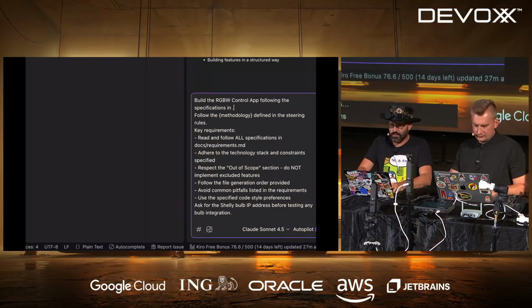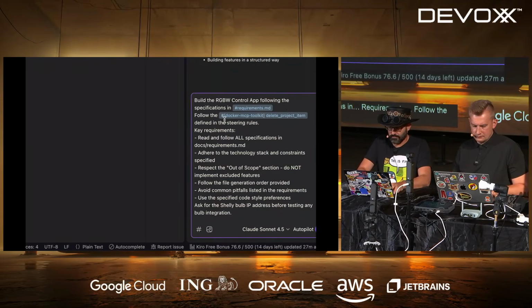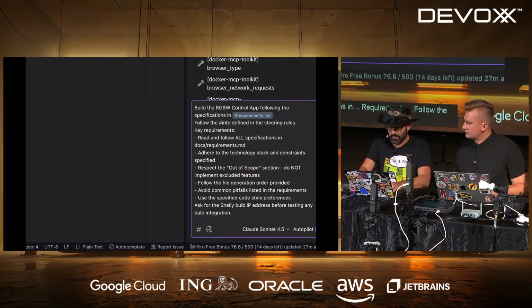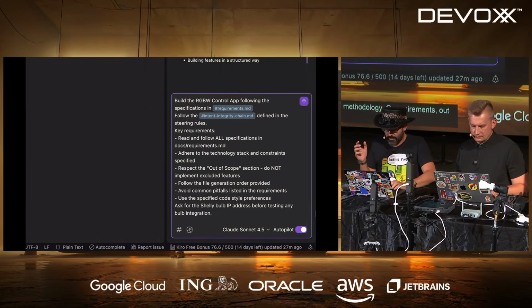Specifications in requirements. Follow the methodology: intent, integrity chain methodology, key requirements, out of scope, and ask for Shelly bulb IP.